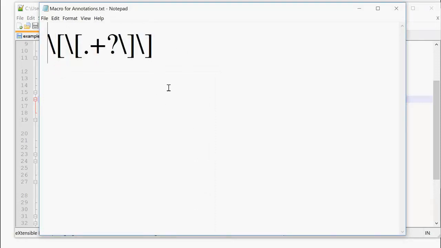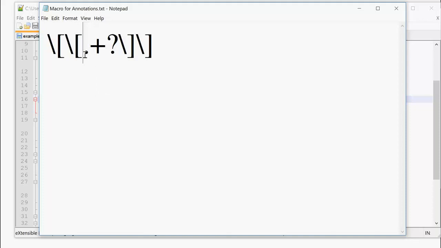But in case you are a little familiar with regular expressions, I'll just explain how this works. The backslash bracket is the code to delimit an actual bracket, because the bracket itself is a regex code, so you need the backslash to search for an actual bracket. So this is the initial double square brackets. It's going to search for the initial square brackets. And then a period is to search for any character, whether it's a space, a Tibetan Unicode, a Roman character,